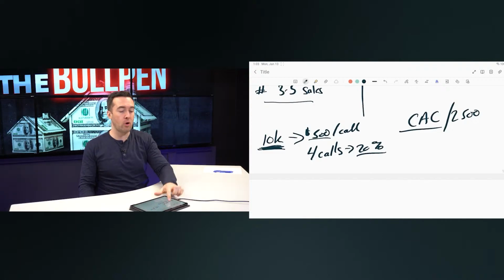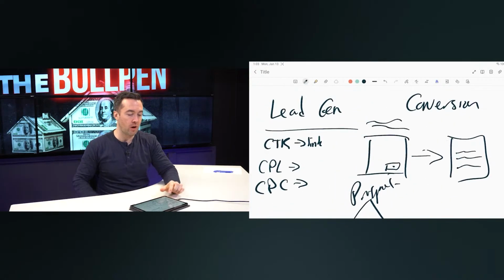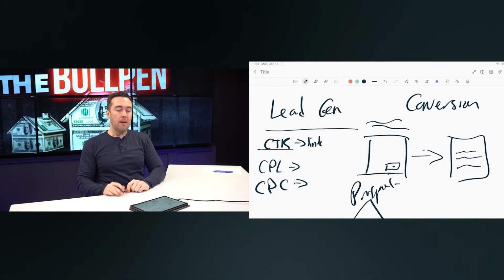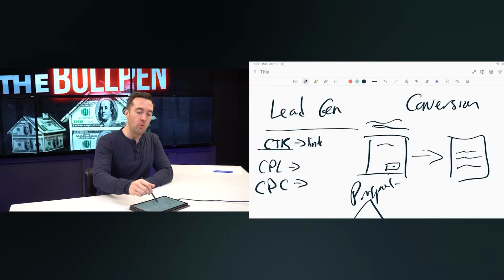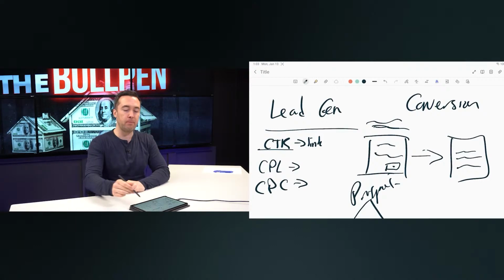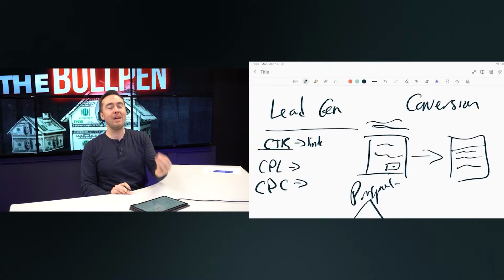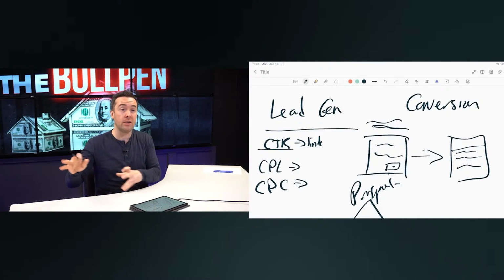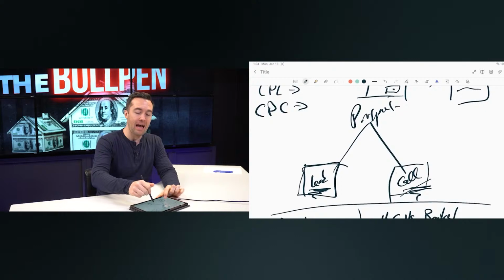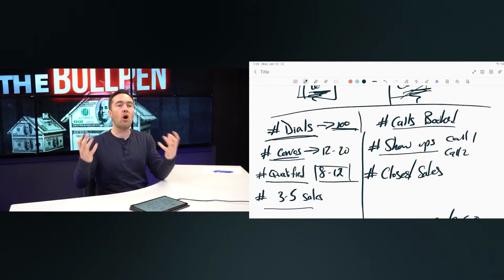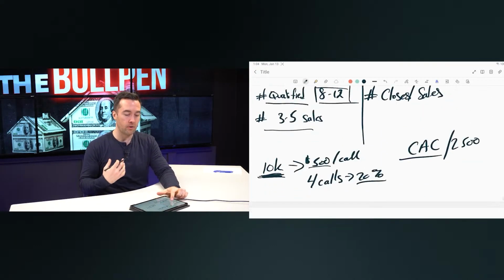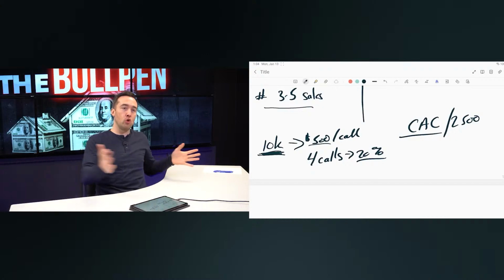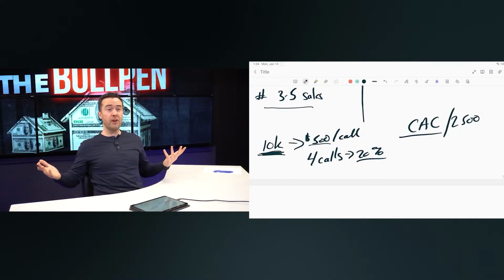Maybe your ad creative sucks. Maybe your click-through rate isn't very good. Maybe your ad copy sucks. Maybe the creative in your ad sucks. Maybe your headlines on your landing page suck. We have to fix that so we get more throughput or better quality throughput. So by the time you ask them to book a call, your cost per call is a whole lot lower. But this is the math that you have to do, working backwards to figure out